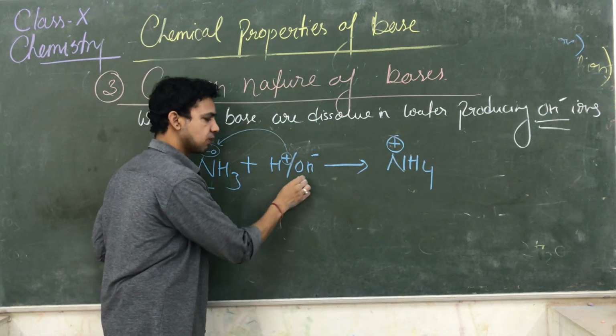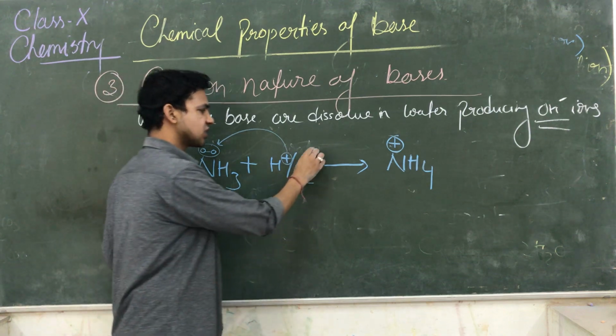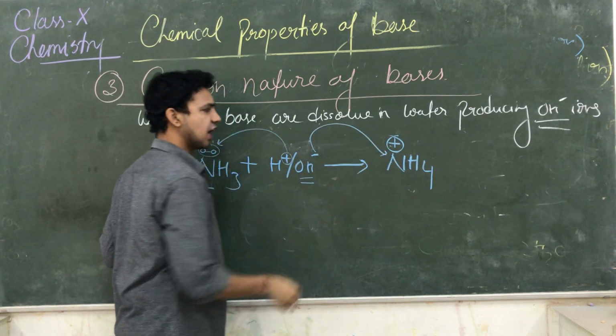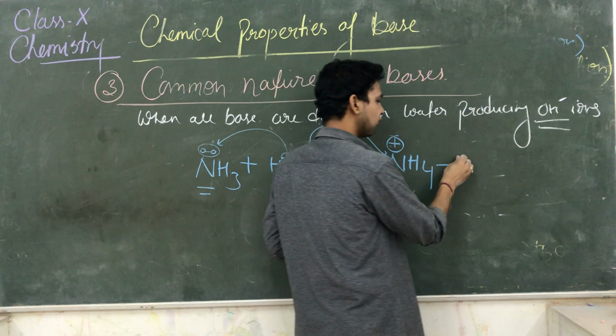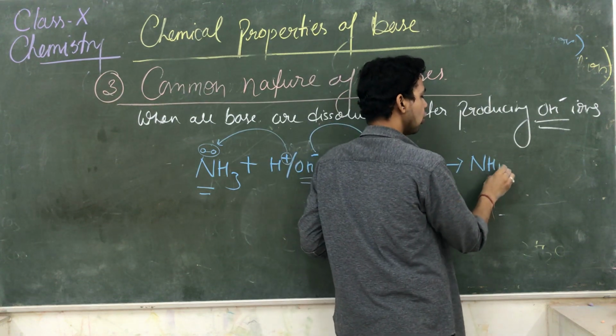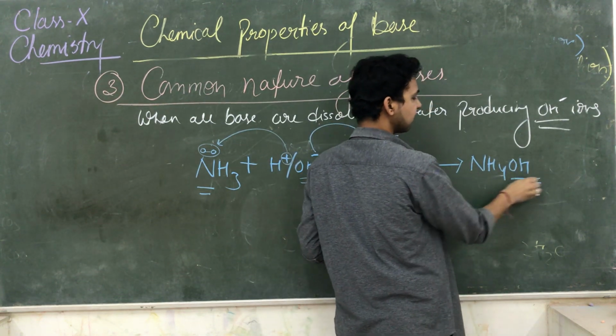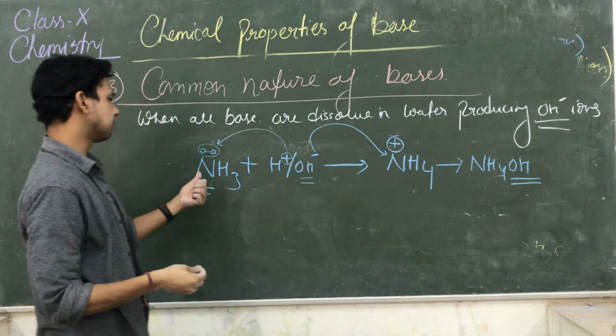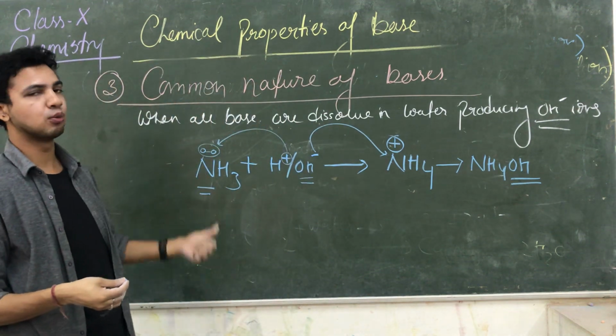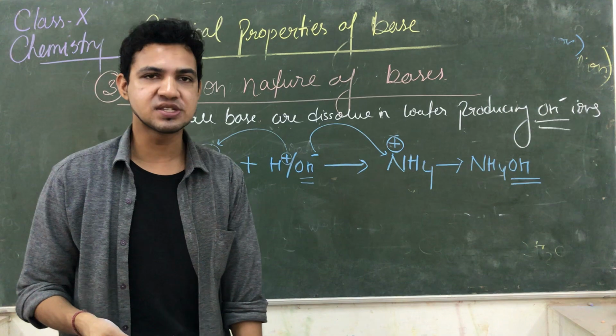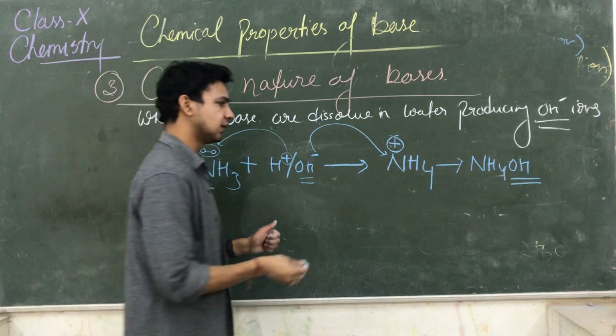और नाइट्रोजन ने इलेक्ट्रॉन दिए तो इसमें कैसा चार्ज आया? पॉजिटिव. अब सॉल्यूशन में बचा क्या? OH नेगेटिव. सो OH नेगेटिव क्या करेगा? NH4 पे अटैक करेगा एंड इट फॉर्म NH4OH. तो देखिए क्या डेवलप हो गया इस पे? OH. So इसका means what does it mean? It means ammonia is also which nature? Basic in nature or alkali in nature.